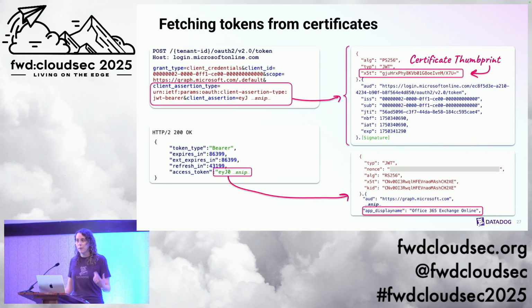Not bad once you figured it out, but we basically needed to attest that we had the certificate to authenticate as that application. So I had to create my own JWT with the certificate thumbprint, various properties saying, hey, this is a valid token, I am the application, I have the certificate you trust to auth as this app, and then exchange that token for one from Entra ID. That new token is the same one we were talking about before that decoded and had all those scopes we know and love. So here you can see an example of an application that I was still able to backdoor with a certificate for authentication.